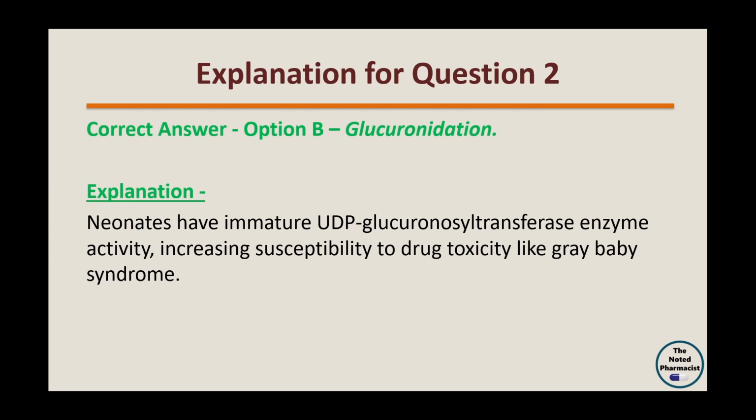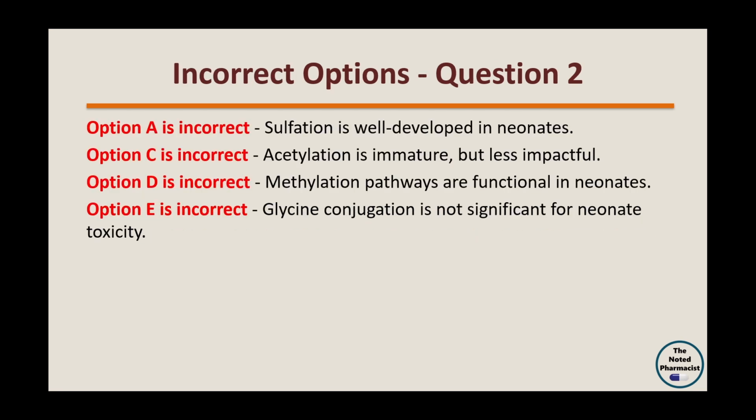Here is the explanation for the incorrect options. Option A is incorrect because sulfation is relatively well developed in neonates, so it does not lead to significant drug toxicity. Option C is incorrect because acetylation is immature in neonates, but its effects on drug toxicity are less pronounced compared to glucuronidation. Option D is incorrect because methylation pathways are functional in neonates, so they do not contribute to the increased toxicity risk. Option E is incorrect because glycine conjugation does not play a significant role in drug toxicity